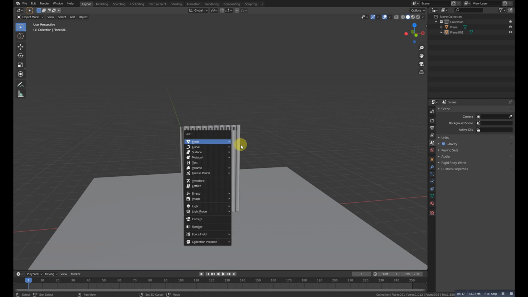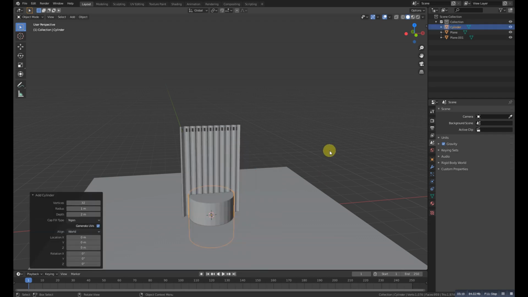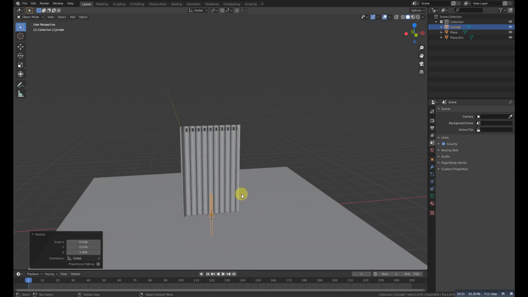Okay, so that's it. Now we need to Shift A and add a cylinder. Now let's scale it with Shift X and Shift Z to make it only with the X and Y. And now let's scale it down something like this. Now let's grab it up right there, rotate it with Y at 90 degrees, and let's scale it with X, grab it up,